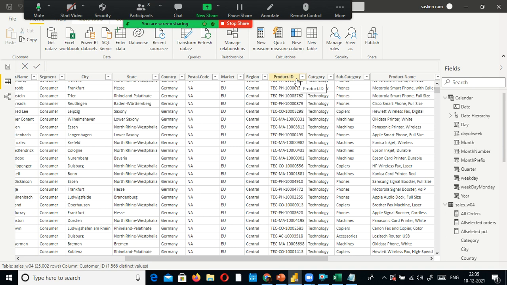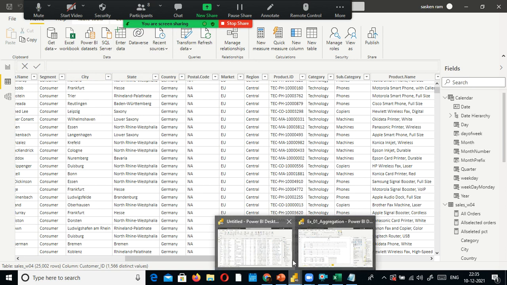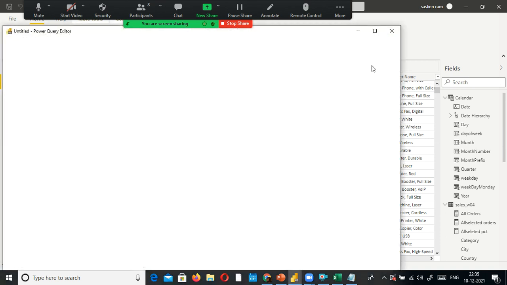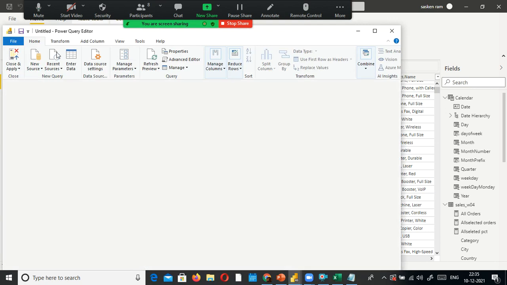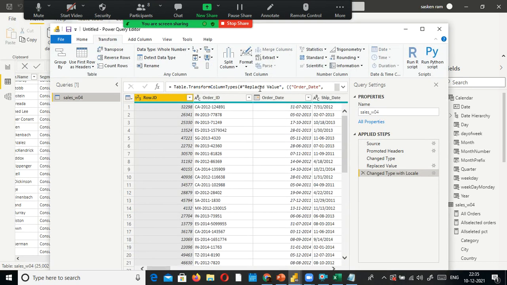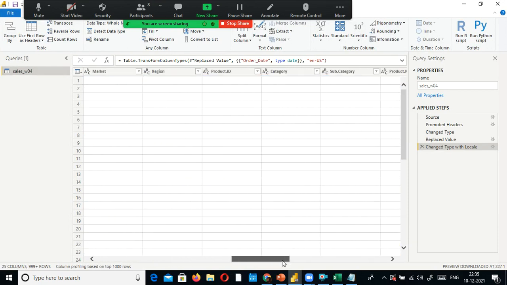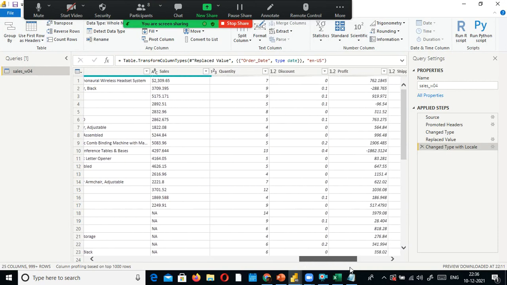The sales column is a text data type, I guess, because the dollar value was there along with the number type. See, look here, it's a text data type.